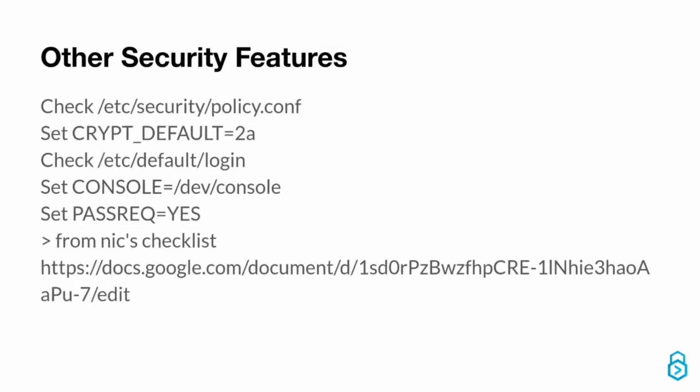There's a few security config things that are in some of the checklists on the DevSec Google Drive. The first one on this slide is the policy.conf, which essentially specifies the hashing algorithm that'll be used for password changes. The second one you see in /default/login will make sure a password is required for /dev/console. So basically,